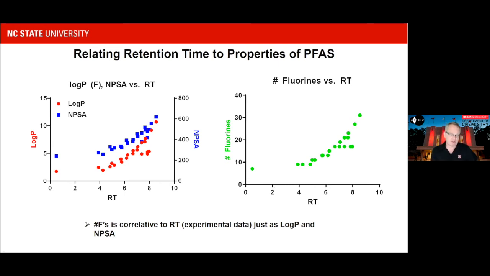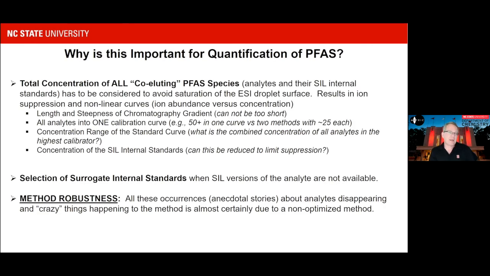So we've now switched to just looking at numbers of fluorines in a molecule, and that's important when you're thinking about surrogate internal standards. You'll want to match your numbers of fluorines because it's going to change your ionization efficiency for each individual compound. And when you're running thousands and thousands of environmental samples or human exposure samples, which we are doing, you have to have a relatively rapid method. Co-eluting isn't really, they're not right on top of each other, but there's a lot of compounds coming out in a 10-minute retention time window.